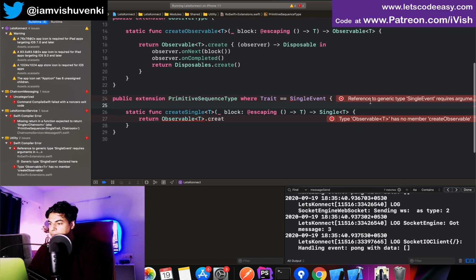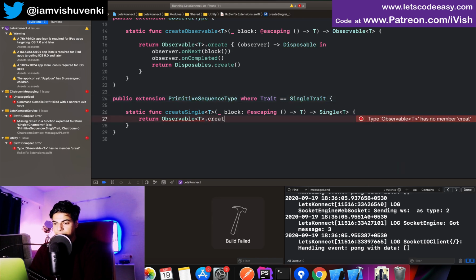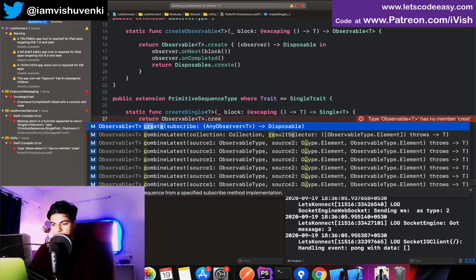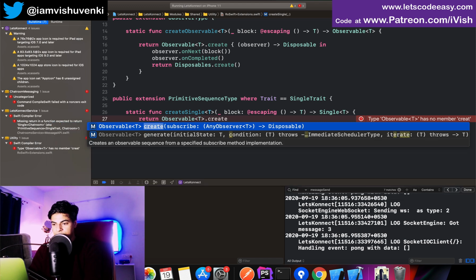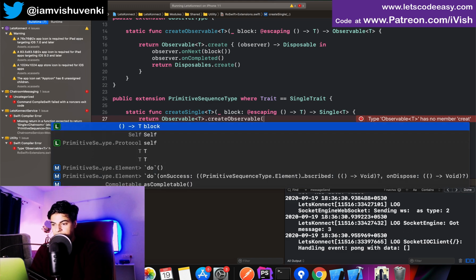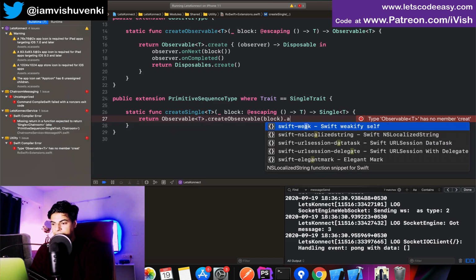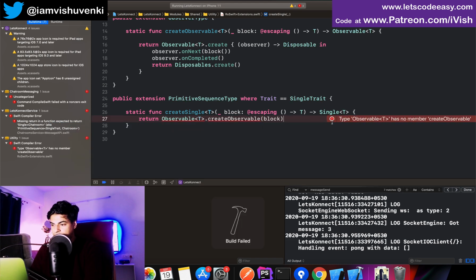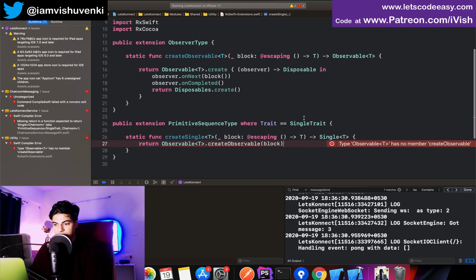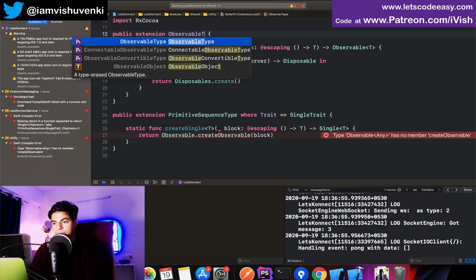still single trait requires argument. Now it should be available. Create observable, passing that same block which we had passed, and I can just say it should be, why is it not giving observable type,